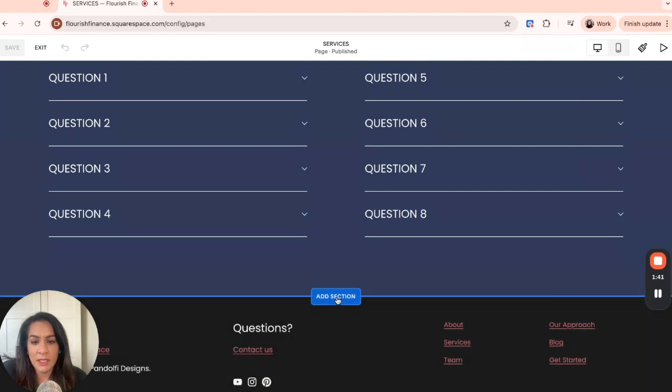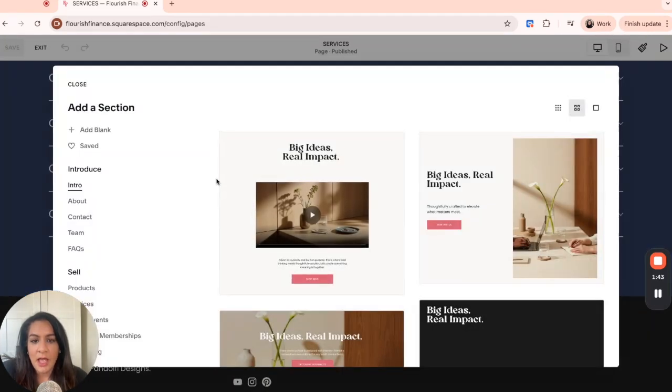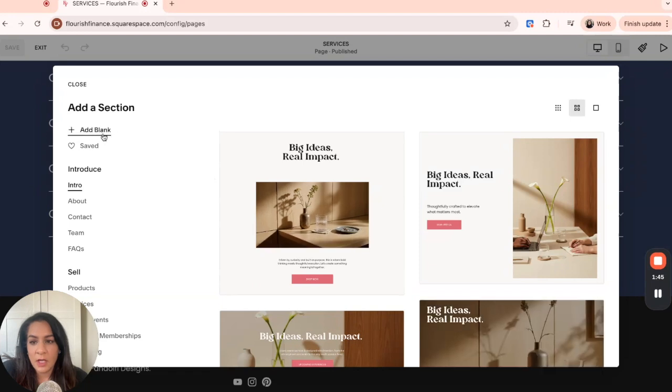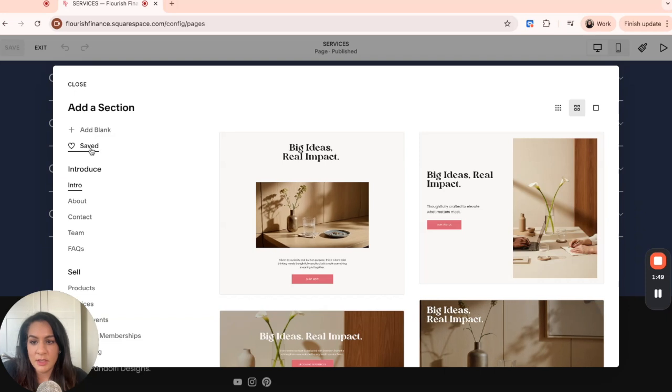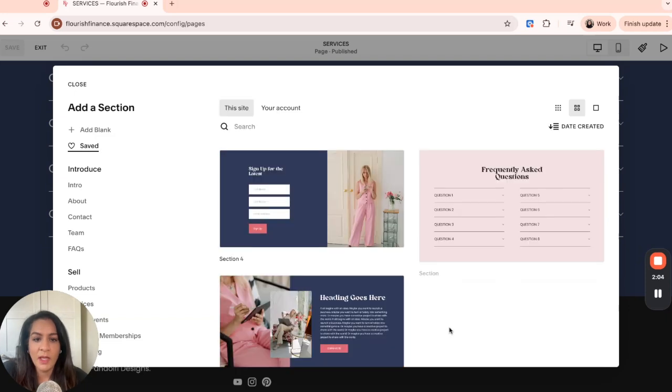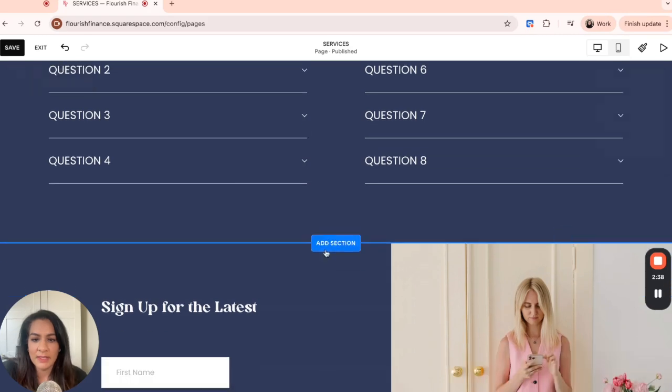So I'm going to click here where it says Add Section. And I've got some options here that come up. I can add a blank section or I can add a saved section. So this is the bit that I need to go into. And you can see I've already got another couple of sections that I've saved for this website, but this is the one that I want to add. It's the newsletter section. So I'm just going to double click on this section and that adds it to my